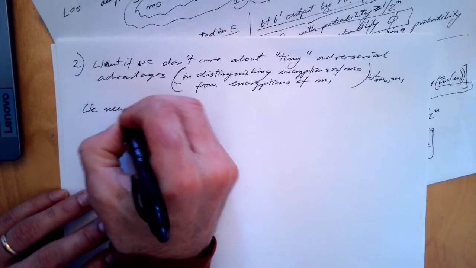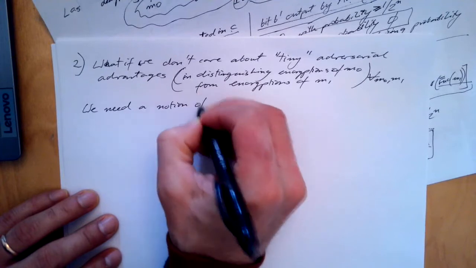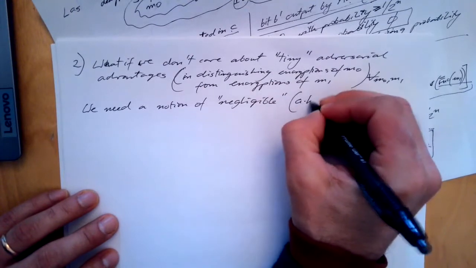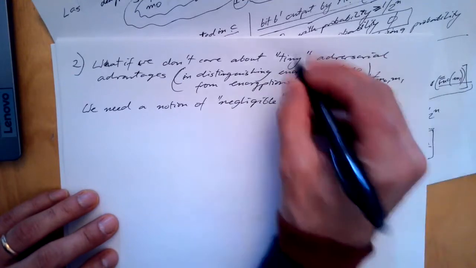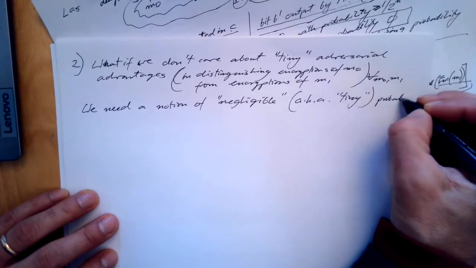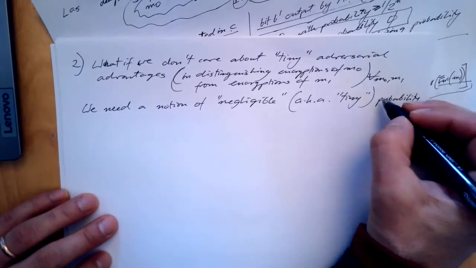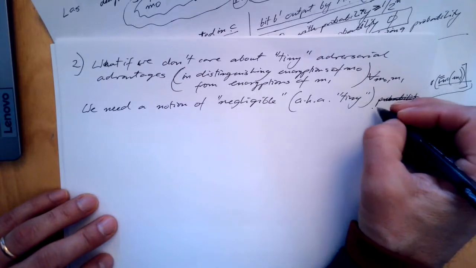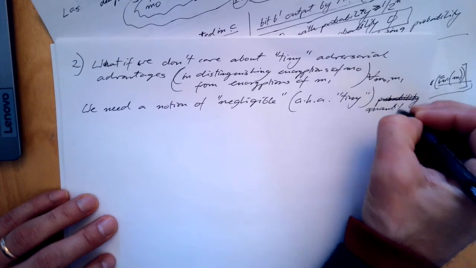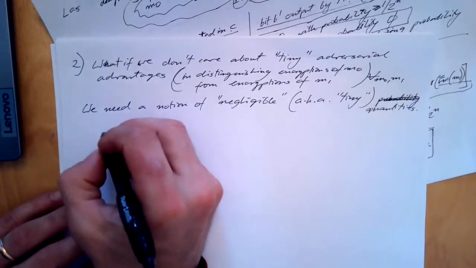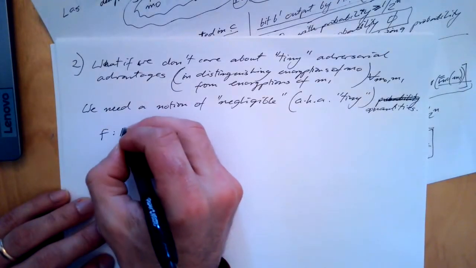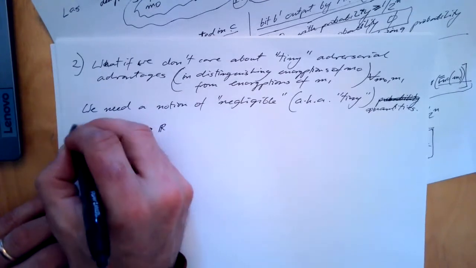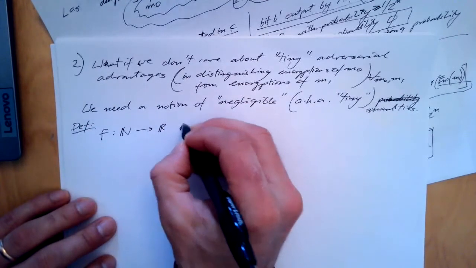So we need a notion of negligible probability, or tiny probability in the phrasing above. Or negligible, and this doesn't have to be probability per se, it's just negligible values or quantities. Okay, so I'm going to take a function that takes natural numbers and outputs a real number. I'm going to call it negligible